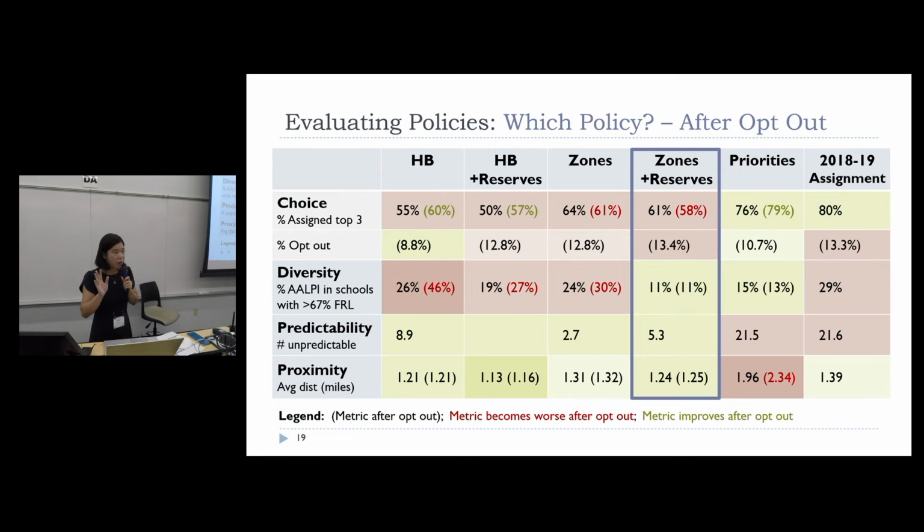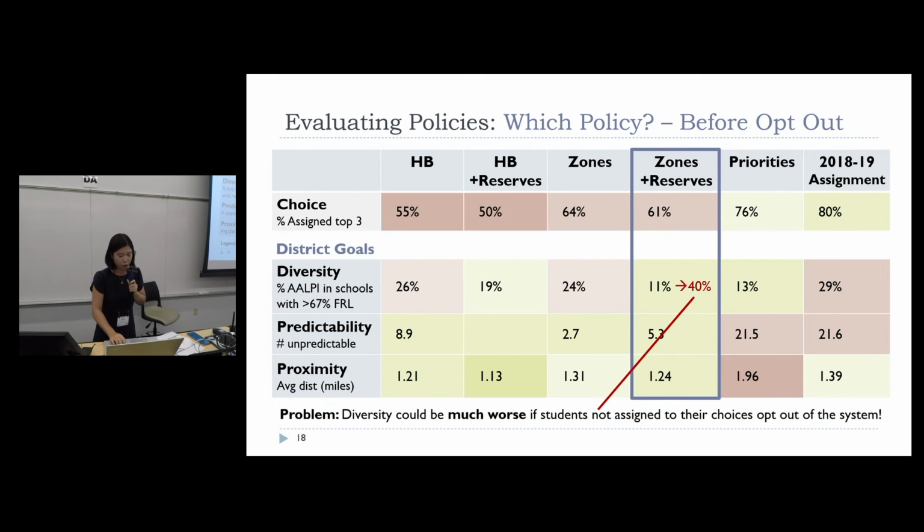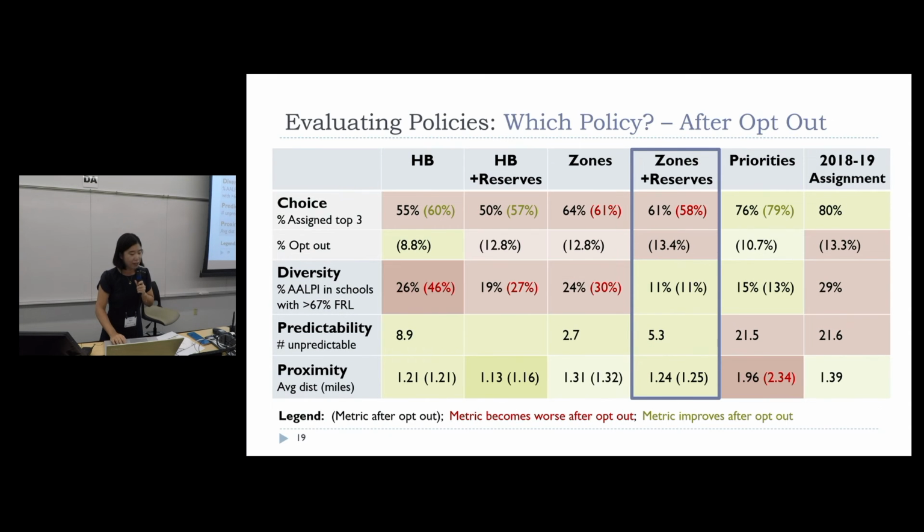And so with all of that in mind, here's what happens using a regression tree model for who's going to drop out after they've been assigned. What we find is, let me toggle between these two for you. I've just adjusted the underlying heat map to represent the numbers in parentheses, which are the numbers after the dropout. And you see, by and large, that the pattern, this diagonal green line, stays the same. This trade-off between choice, diversity, and distance is just inherently there in the problem, and these types of policies trade off the same way before and after opt-out.